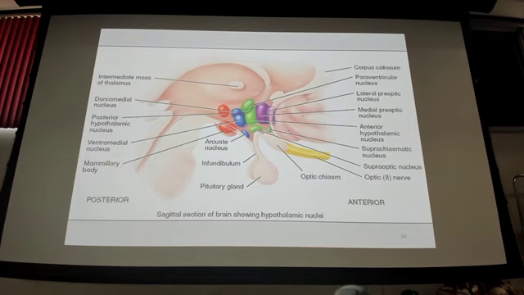So, to orient you, posterior, think medulla, anterior. So, this structure is the thalamus, and so anterior and inferior are the hypothalamic nuclei, okay? Hypothalamus then connected by the infundibulum to the pituitary. And that's what we're gonna go over today. We're gonna spend most of today on hypothalamus and pituitary.